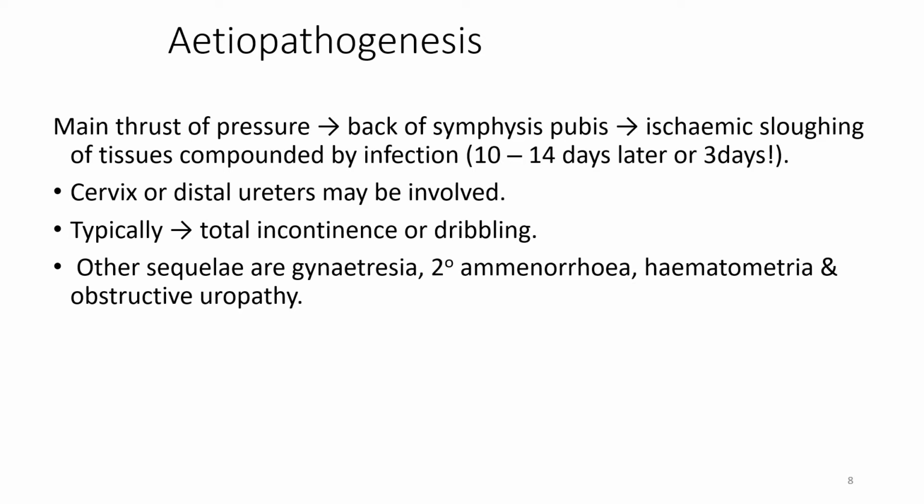Then there will be ischemia of that area, sloughing, the areas die, and then it can be compounded by infection, and then an epithelial tract forms between the two of them. Okay, then we have the vesicovaginal fistula. Other complications could be gynatresia, that is narrowing of the vagina, secondary amenorrhea, blood in the uterine cavity, hematometra, and